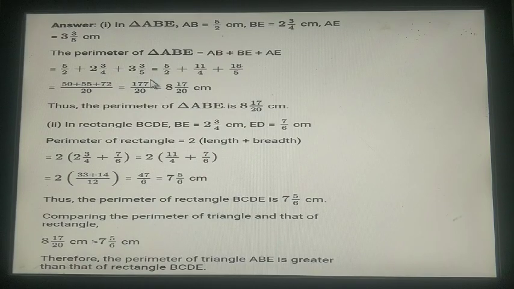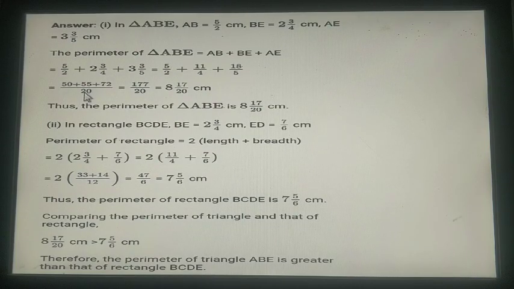The next step, you know that you have to convert into improper fractions. So 5 by 2 plus 11 by 4 plus 18 by 5. The next step, the LCM of the denominators 2, 4 and 5 is 20. Again, next simple step, 20 divided by 2. 20 divided by 2 will give you 10. 10 into the numerator, 5 will give us 50.